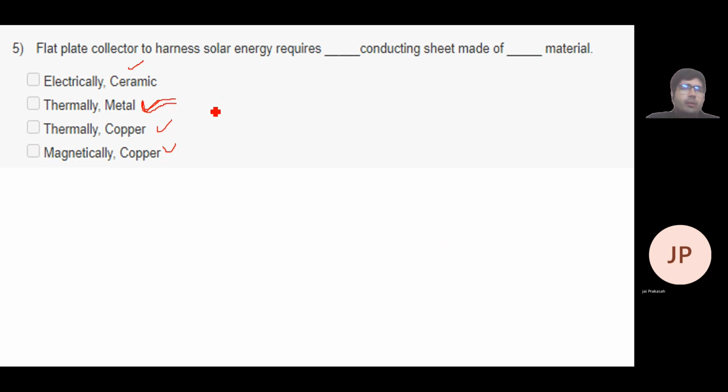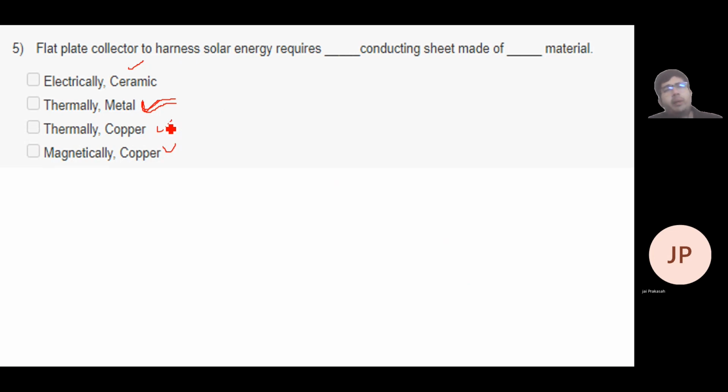So we require electrically, thermally, or magnetically conducting? We are collecting the thermal heat. We are not doing any electrical activity. We are not having any magnetic properties. We are only considering the heat energy. We are tapping the solar energy to heat cold water into hot water. So we are basically working on heat exchangers, transferring the heat from high temperature to lower temperature. So basically thermal energy is involved here.